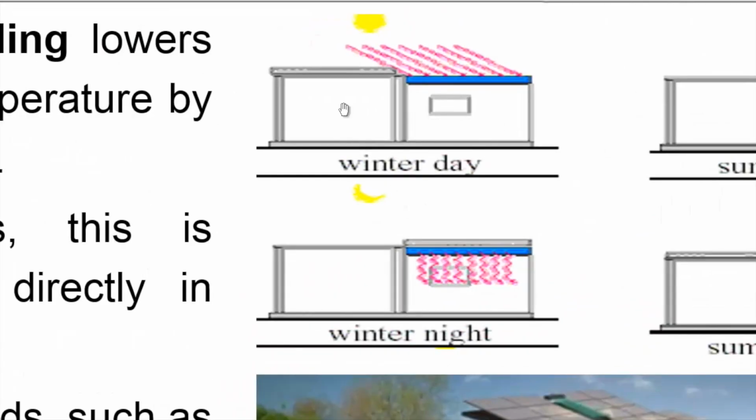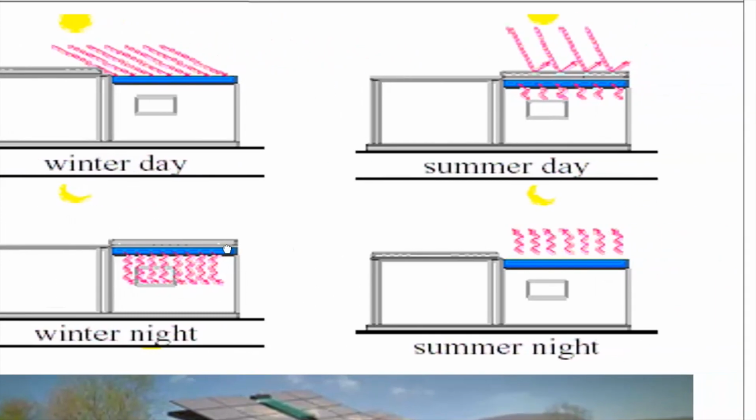You can see that the roof of the building has a water pond. On a winter day, the water gets heated, and then at night the pond is covered, which means this room has some warm water on top of it. Throughout the night it radiates the warmth inside the room on a winter night, which is very chill outside, but because of this heat radiated inside, the indoors become very comfortable.